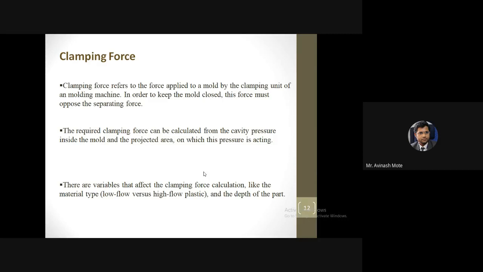That time also we need high pressure. In case of small wall thickness, material will easily flow around the plunger, around the ram, so we may not need a high clamping force. Got it? So there are many parameters on which this clamping force depends, but basically material type, depth of the part, and temperature.